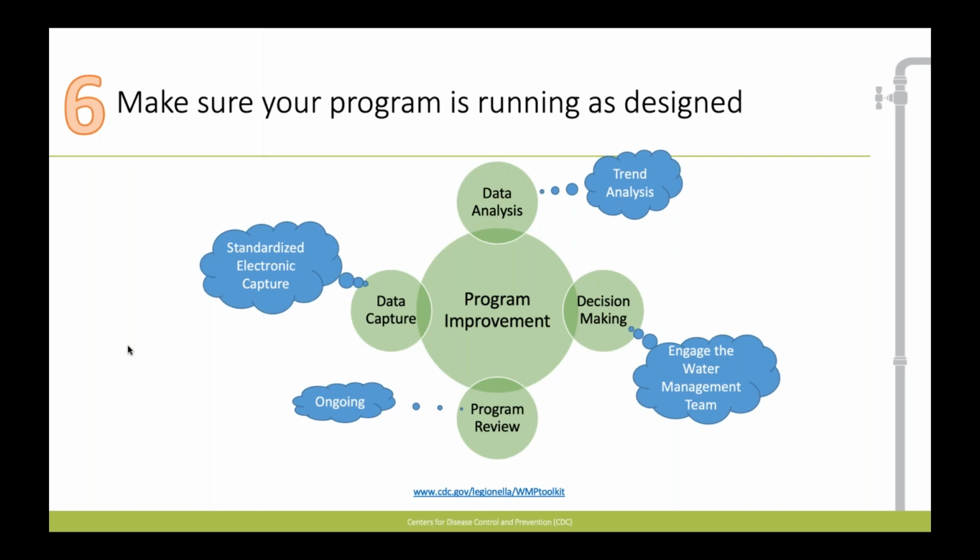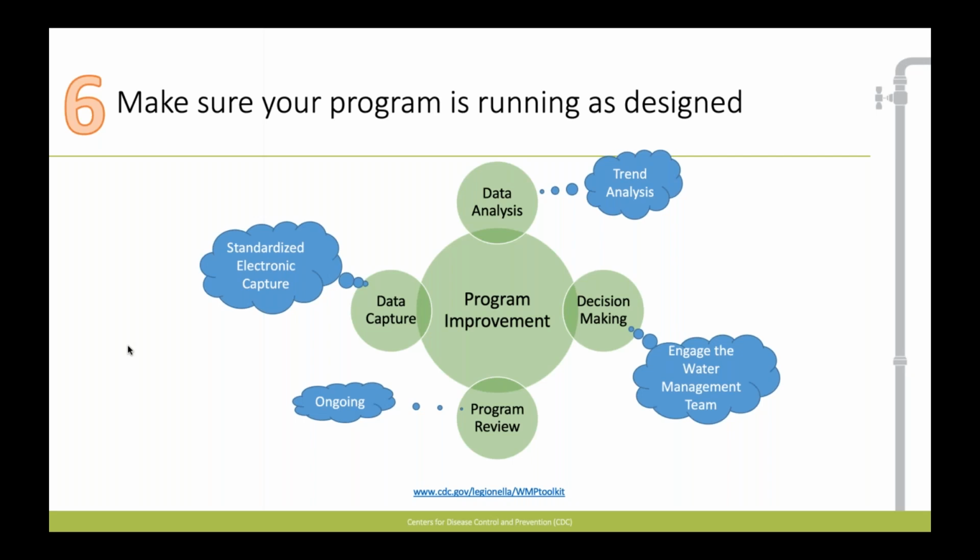Have there been times when the temperature coming out of the faucet is not within your control limit? And is that consistent? Is there ups? Is there downs? What does it look like over time? So ensuring that all of the data that's collected as part of a properly functioning water management program is adequately used. It doesn't do a lot of good to be collecting numbers, writing them down on a sheet, and then putting them in a drawer that nobody can look at.